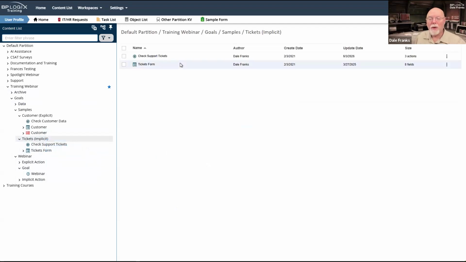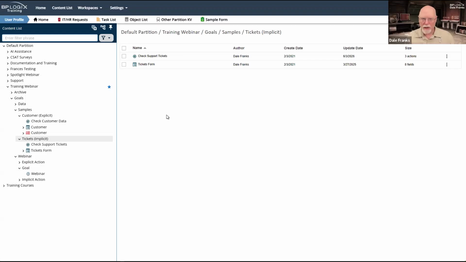So when we say that we're going to do something implicitly, what that means is that we are not going to invoke a process or invoke a knowledge view. We're not going to perform any explicit action, but we do have a value. And that means that we can do things implicitly. We can evaluate the value of our goal. And based on that value, we can change something on the form, which is what we're doing here, as we're about to see, or we can change something on the process timeline.